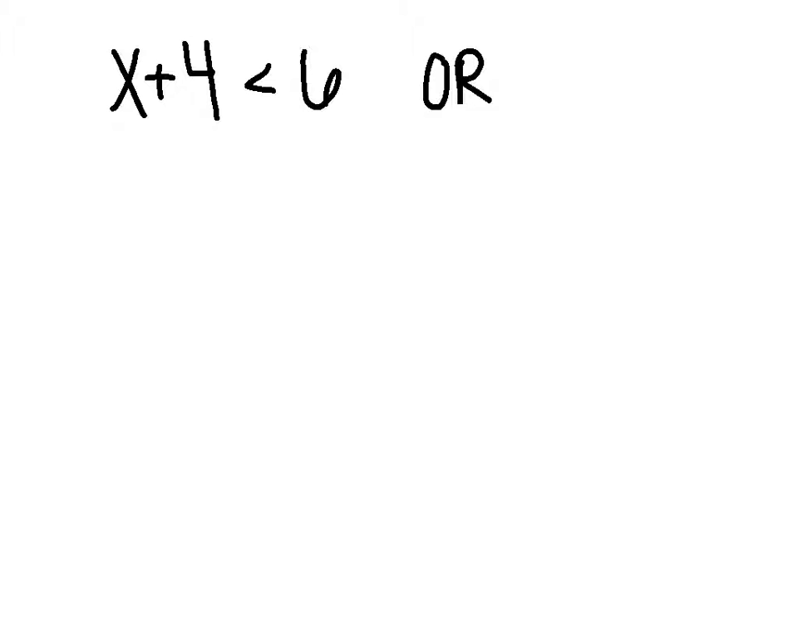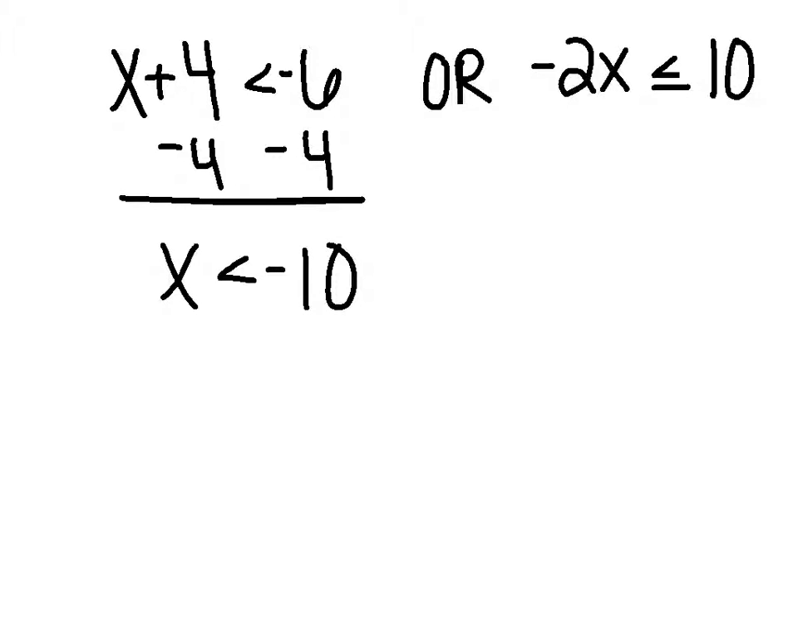Now for an "or" inequality. Let's do x plus 4 is less than 6, or, let's make that a negative 6, just to give you some practice with negatives. x plus 4 is less than negative 6, or negative 2x is less than or equal to 10. Solve both of these. So we get x is less than negative 10, or,